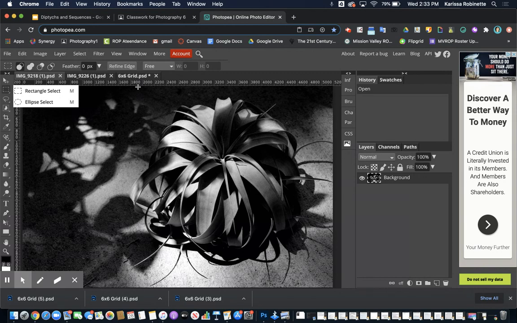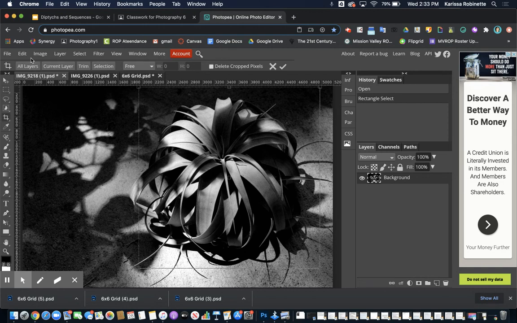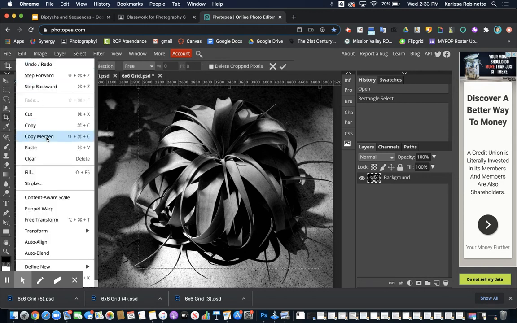That's important because that keeps it square. And you're going to click and drag, and then that will create a perfect square. And then you can let go. And so now here's my new crop. So the computer now knows this is what my selection I want. So now I'm going to go ahead and copy it. So to copy, you can either do Control-C on your keyboard, or you can do Edit, Copy,